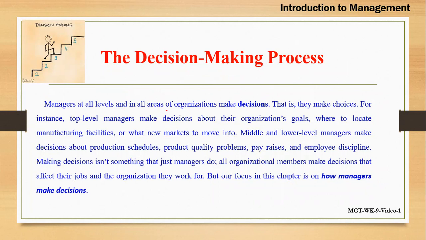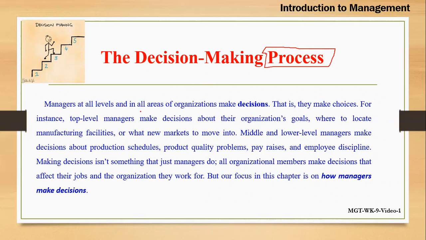Generally, if you want to discuss this concept, what is the decision-making process? Decision making is a process. Whenever we talk about the word process, it means we have to follow a set of steps in a sequence. These are the steps that we have to perform. So whenever we want to take a decision, and it must be an effective and efficient decision, for that reason we have to go through a set of steps.